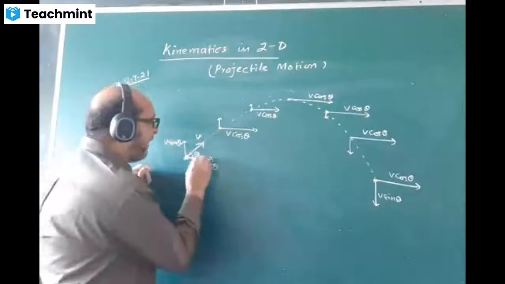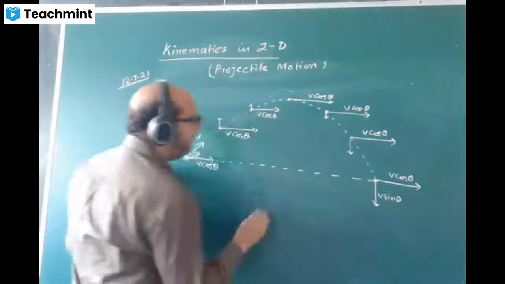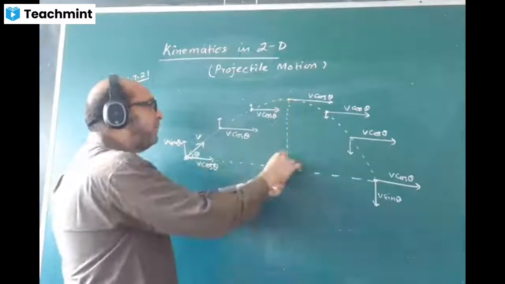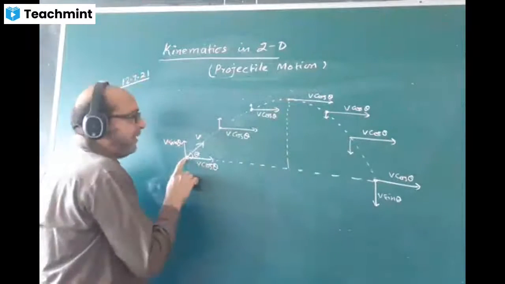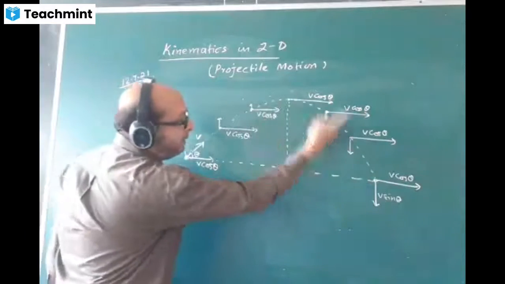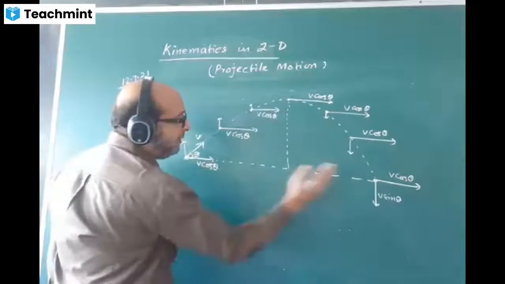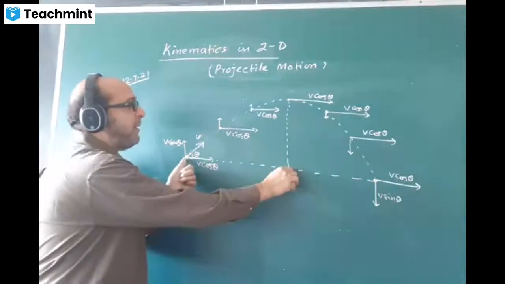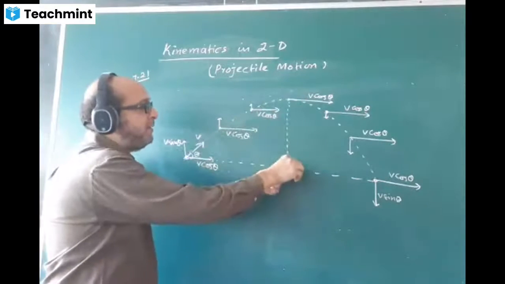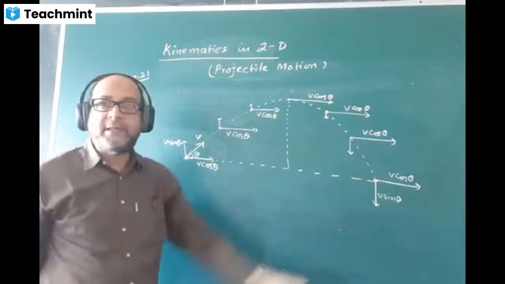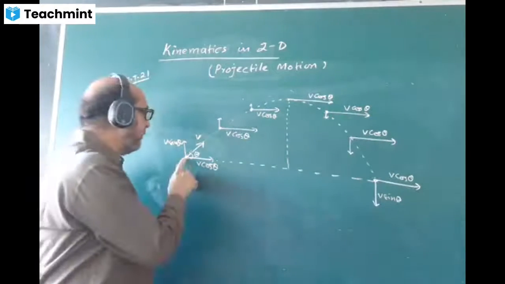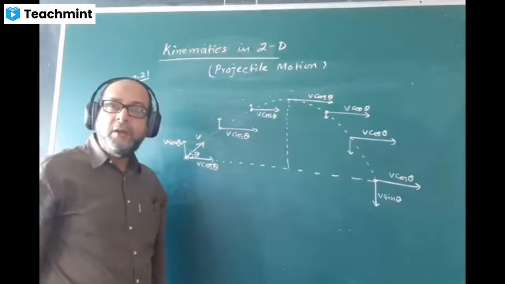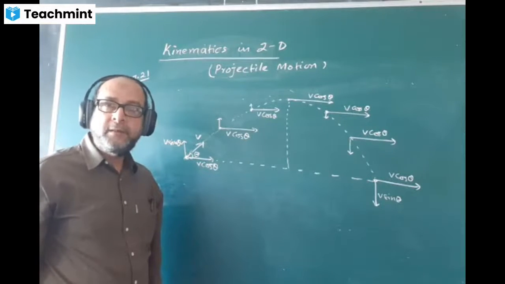This is called time of flight, like this. This is the maximum height reached by the projectile. This is the time of flight from here till here. It's going and coming back. That means from here till here, the total time is the time of flight. This part will be the time of reaching the maximum height, and then the time of fall will also be the same. The total time from here till here is capital T, and the formula which we have already got is 2V sin theta upon g.